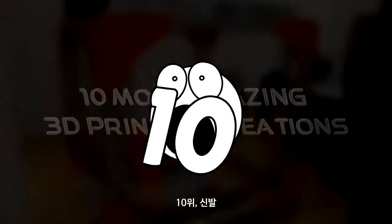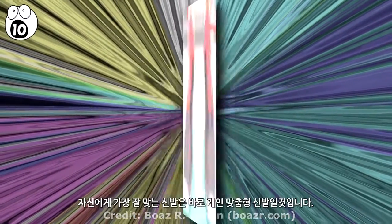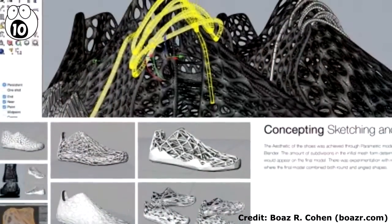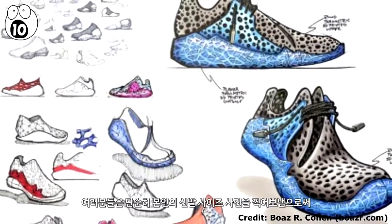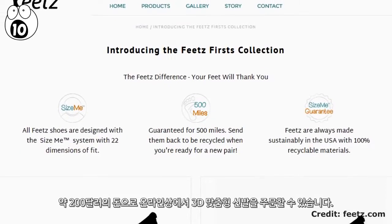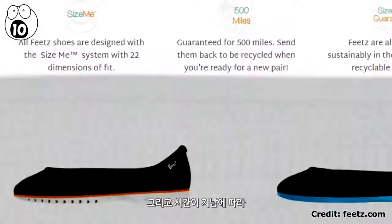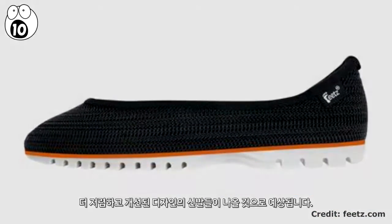Number 10. Shoes. The best fit is something that is tailor-made for you, and 3D printing can provide you with just that. 3D printed shoes have been around for some time, and you can place an order on websites by simply taking a picture of your feet and paying around $200. The shoes will fit anyone perfectly, and as time goes by, cheaper and better looking models are likely to become